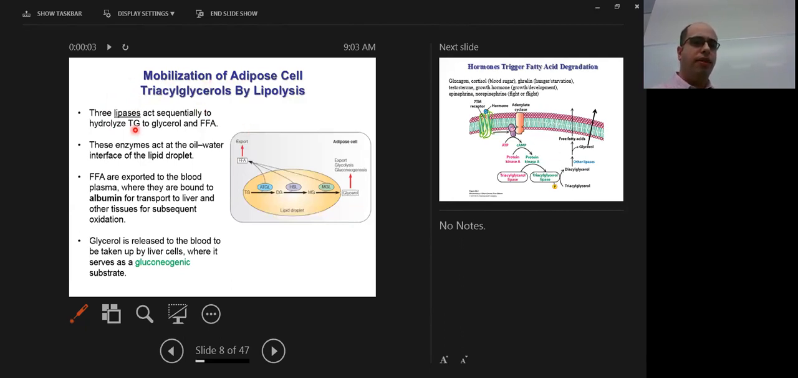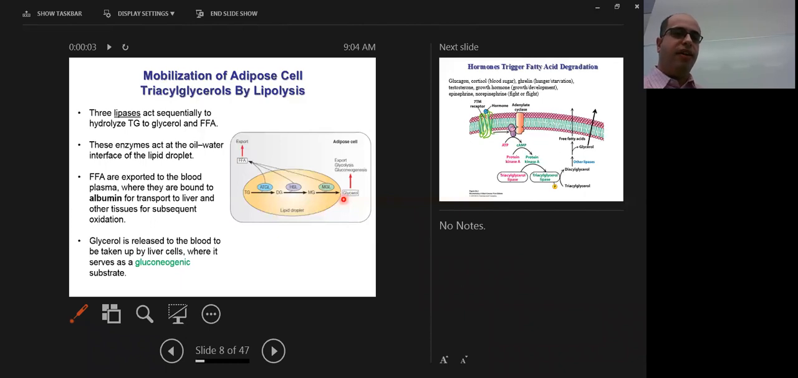So these enzymes will act at the oil-water interface within the lipid droplet of the adipocyte itself. So here, if we have the adipocyte, we have this lipid droplet, which in actuality takes up the majority of that cell, but for just purposes of visually, it's very small here in comparison. We have our triglyceride being broken down to a diglyceride and a monoglyceride and then to glycerol. So they'll have 3 sequential workings of